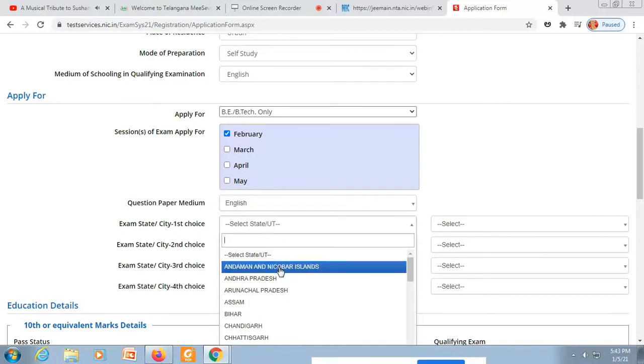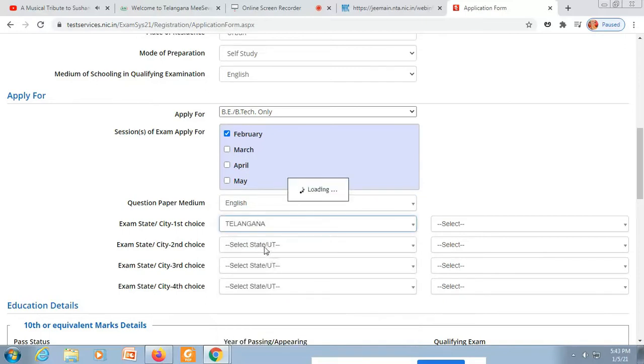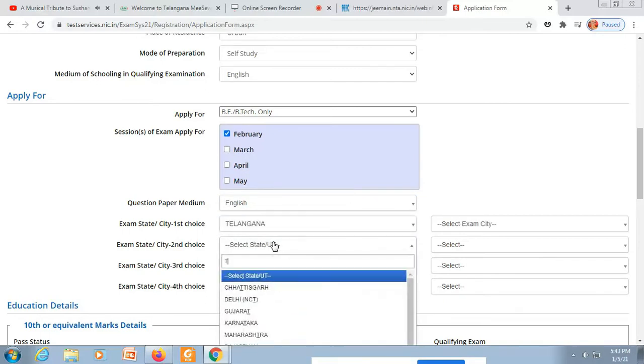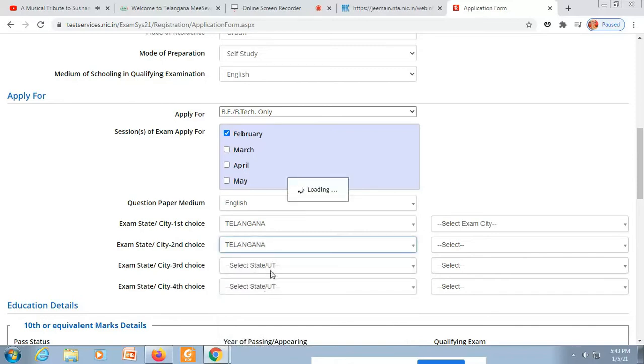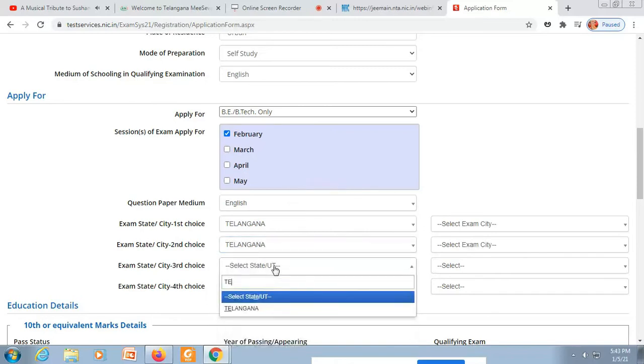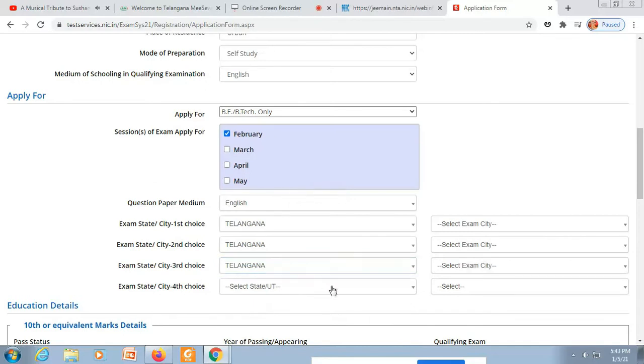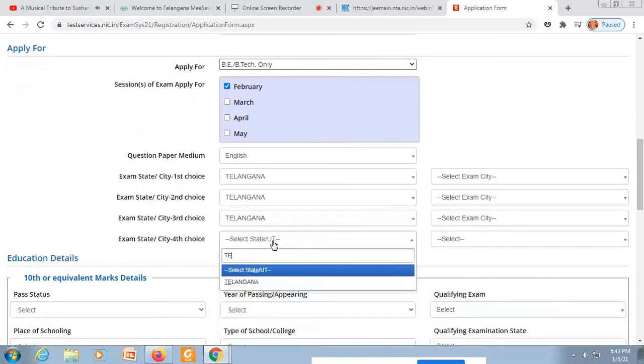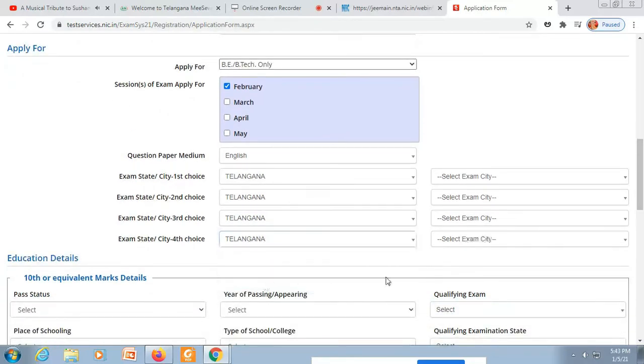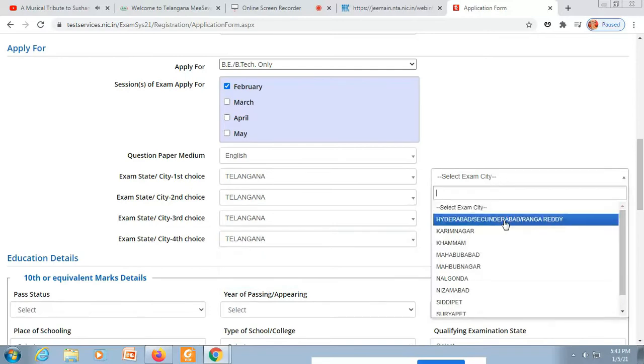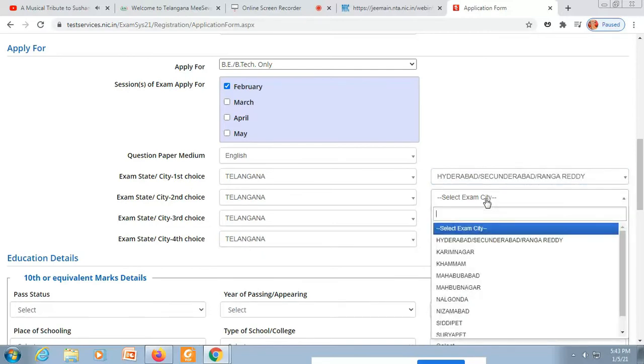You have 4 options to select. Select your nearest locations. This guy is from Telangana, so selecting state Telangana. All the state cities near Telangana. Keep in mind, select locations which are near.